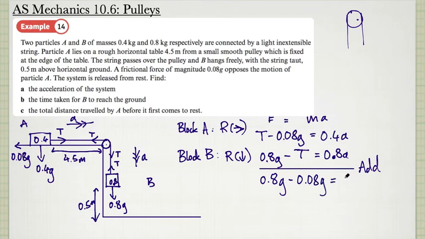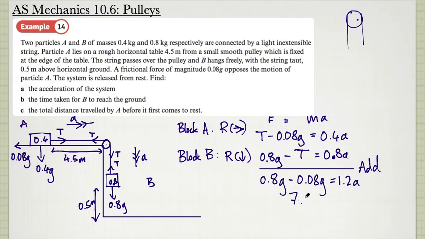Adding these two together gives us 1.2a. Putting all of that together with numbers, 0.8 times 9.8 for gravity, minus 0.08 times 9.8,